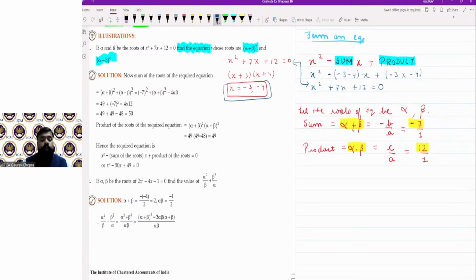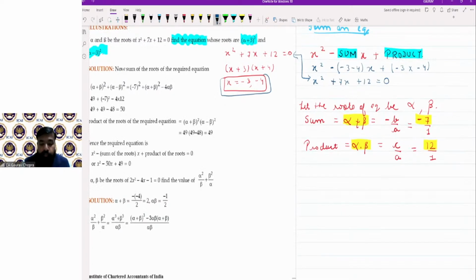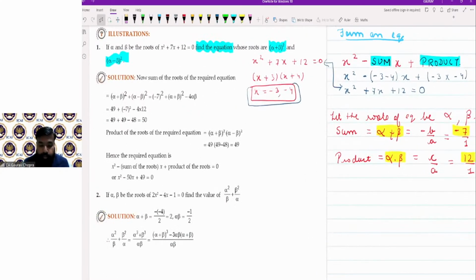we have to find out the equation whose roots are alpha plus beta whole square and alpha minus beta whole square. So first of all, we can find the sum of roots and let us name it new. Sum of roots. So first root is alpha plus beta whole square and second root is alpha minus beta whole